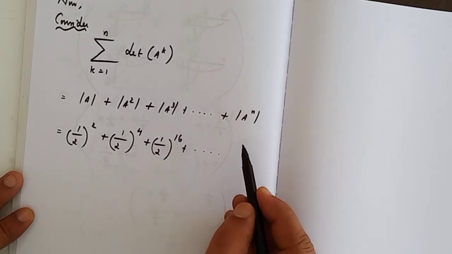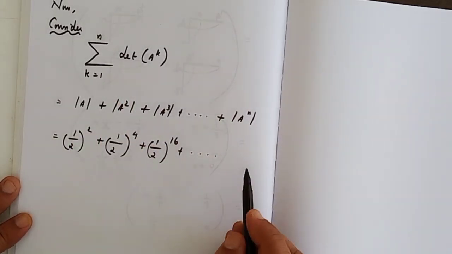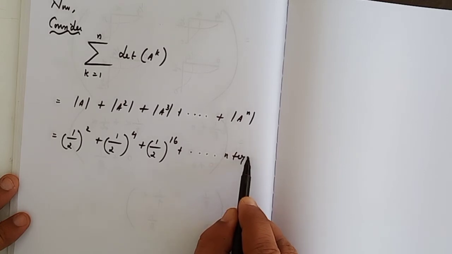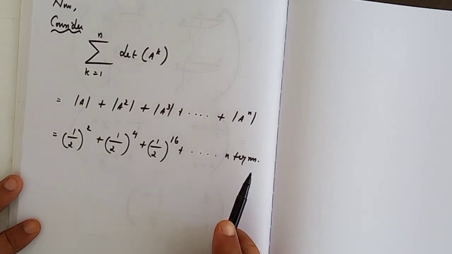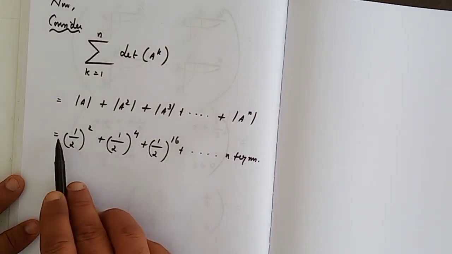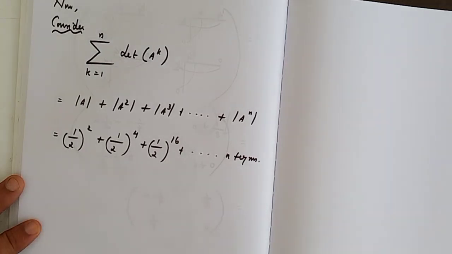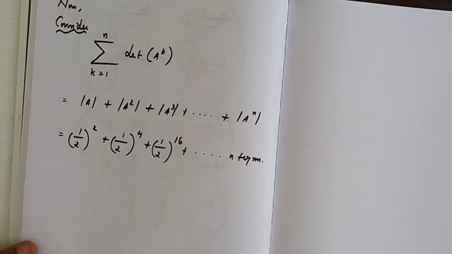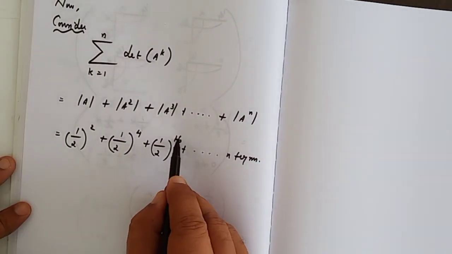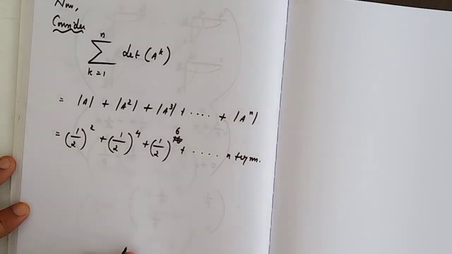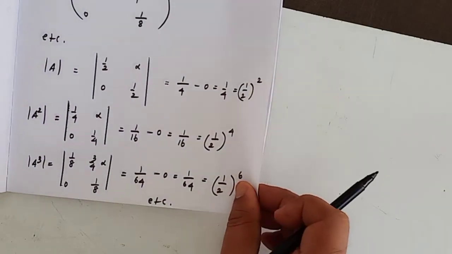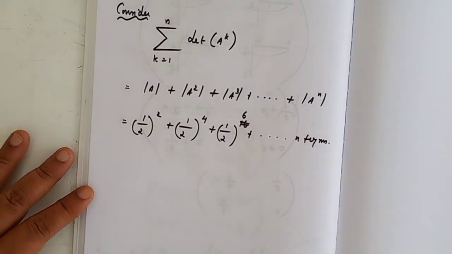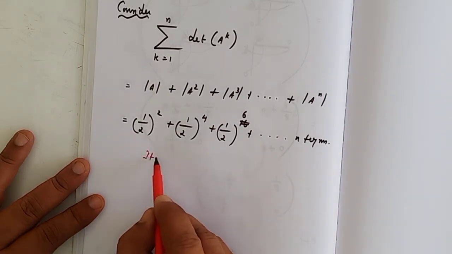It is going on. Here 1 to n, totally how many terms? You just write n terms. We have n terms. It is obviously a GP, because if we divide these two, 1 by 2 power 4 divided by 1 by 2 square, that is equal to... this is not 2 power 16, that is 6. Sorry, by mistake I have written 2 power 16, it is 2 power 6 only. Look at that, 1 by 2 power 6. Okay, it forms a GP